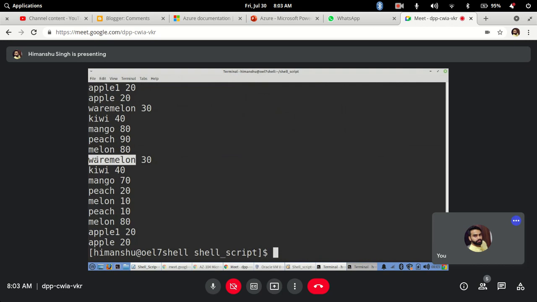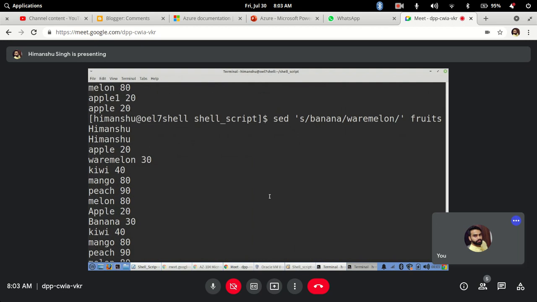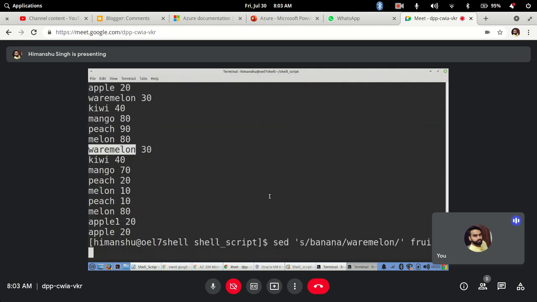So this you can directly do. And if you want to save it, you can redirect it to a different file, let's say fruit1. Let me correct the spelling, watermelon, and enter.